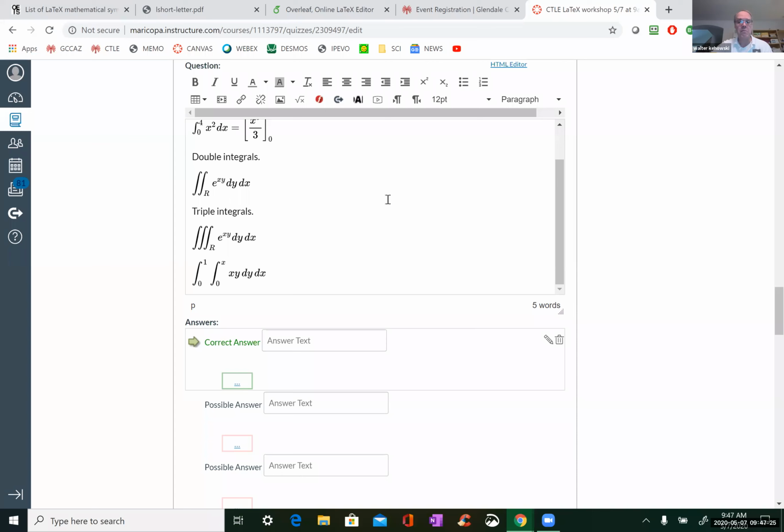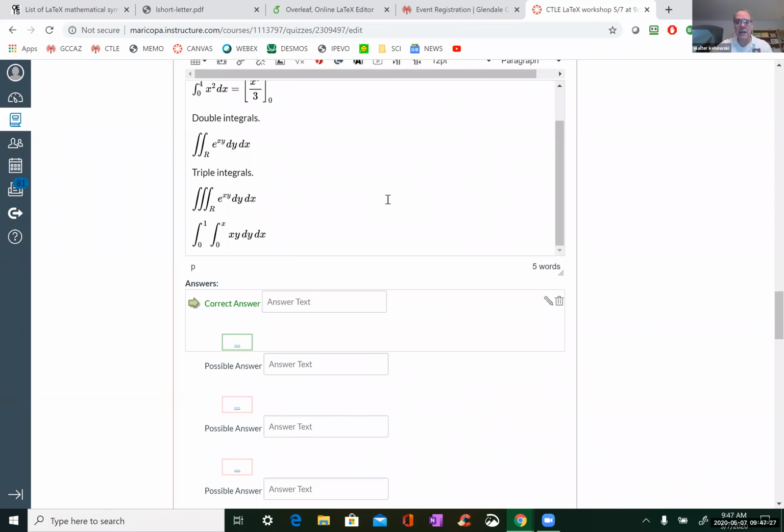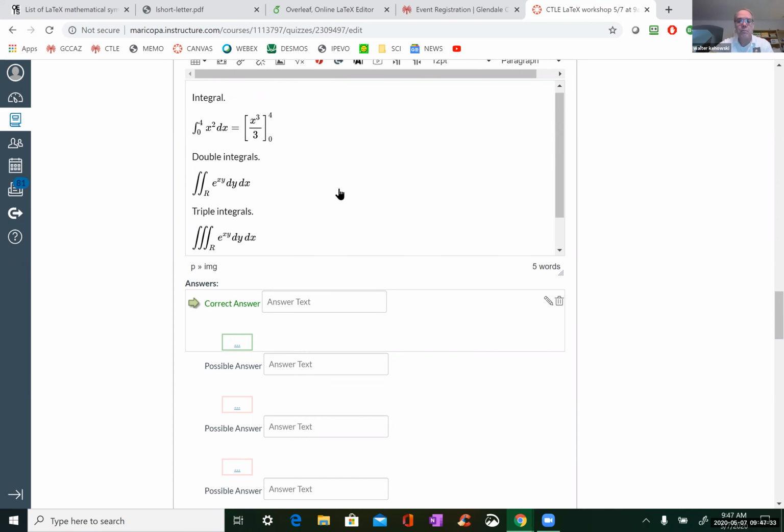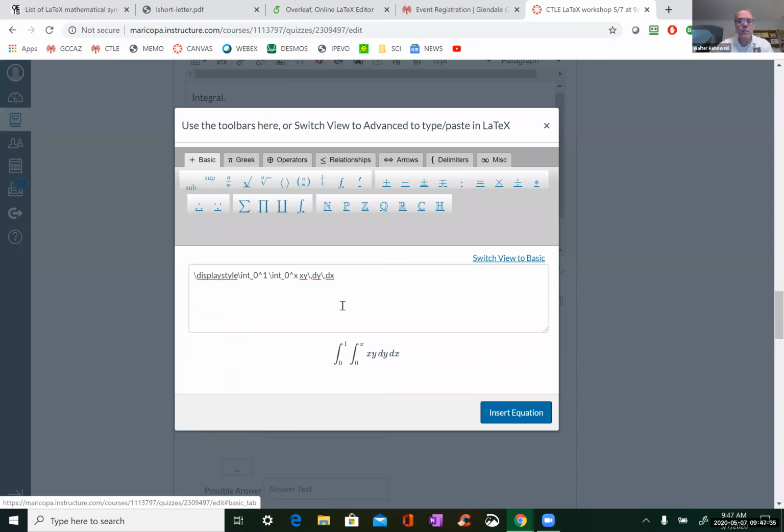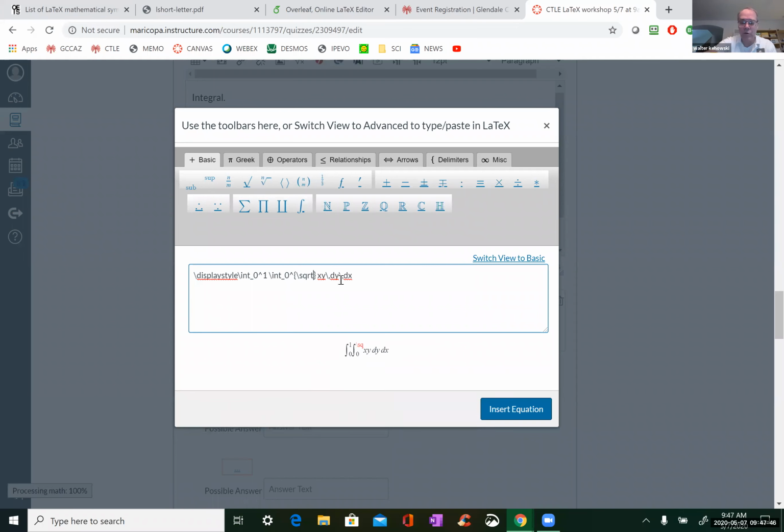Okay. And of course, you can put any kind of subscript you like. There's nothing to say that you can't do something with curly braces and then do square root.